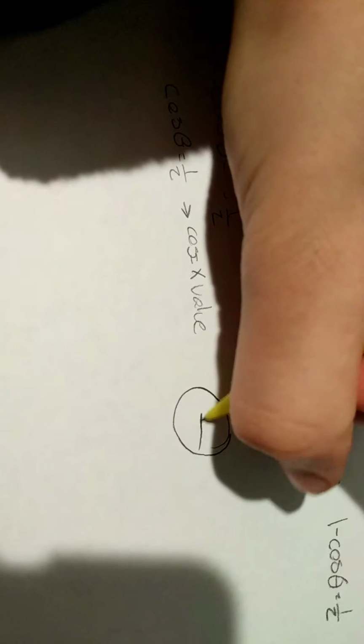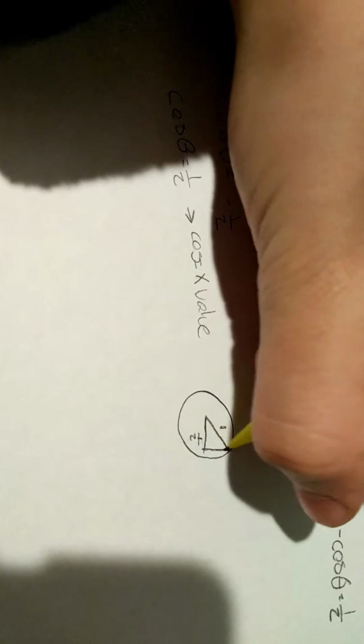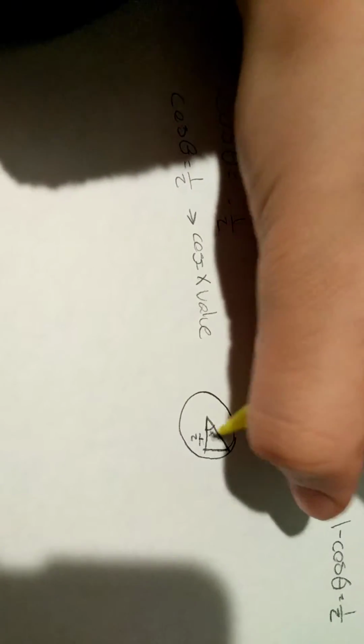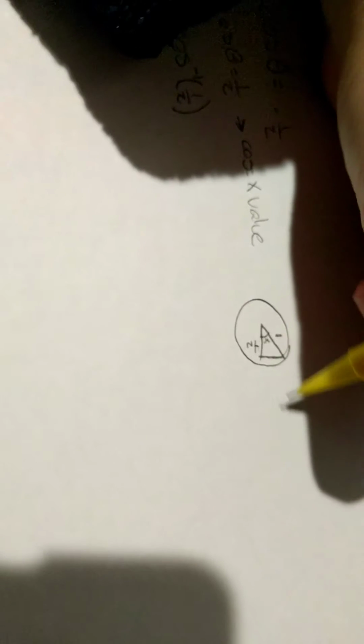Okay, now it's a good thing to note that cosine on a unit circle is the x value. Okay, let's just go draw a unit circle. We need to have the x value be 1/2. So this will be 1/2, and this will be 1. And we need to find out what angle this is, okay? So this will probably ring something else. Of course, you could plug into a calculator cosine to the minus 1 of 1/2, and you'll get the answer. Or you could also just remember that this is a